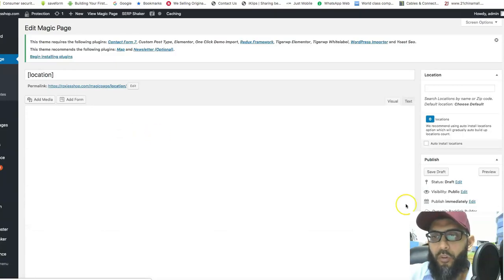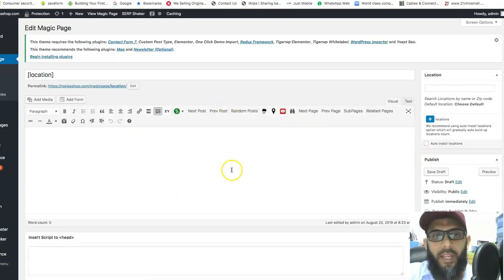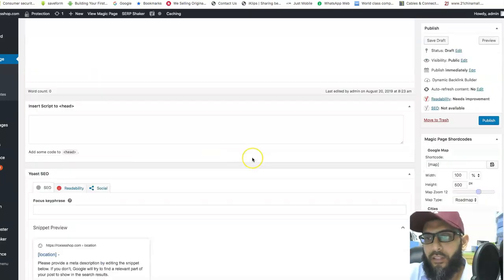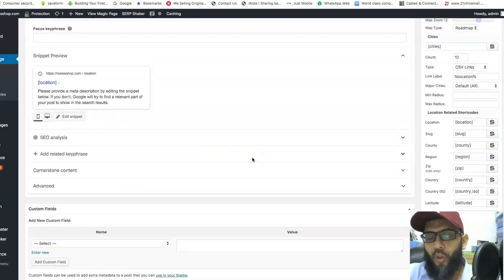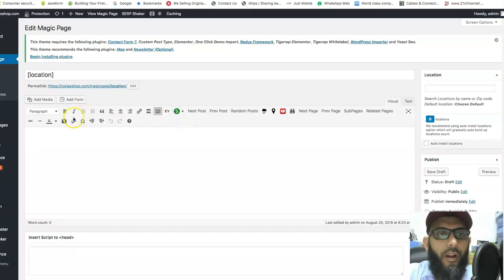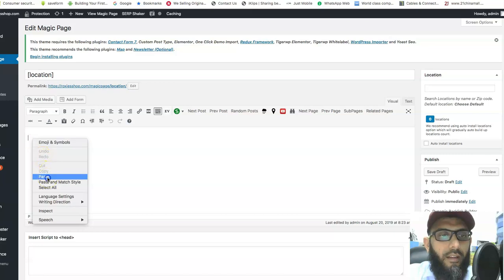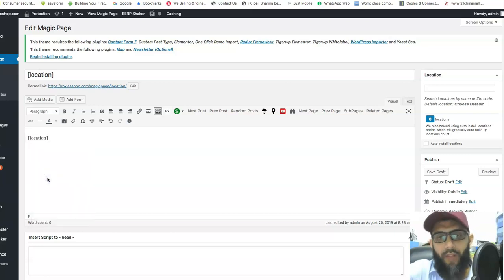I was talking about shortcodes, right? You can see this. This is where you'll be building up locations and stuff. This shortcodes is the secret of this product. This is how they do it. You need to choose a location, copy it and then paste it wherever you want within the website, wherever you want to mention a location, like Manchester or Enfield or Old Wall, whichever location you want. You just copy and paste here, this is where you do the content, and wherever you are writing the content, you will be putting the location shortcode.